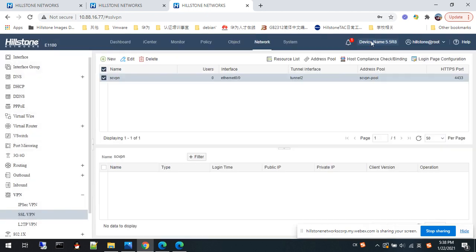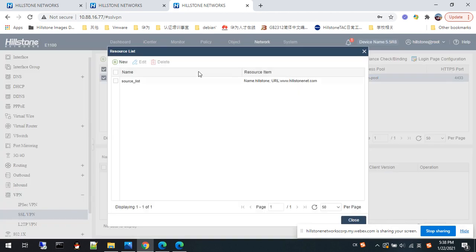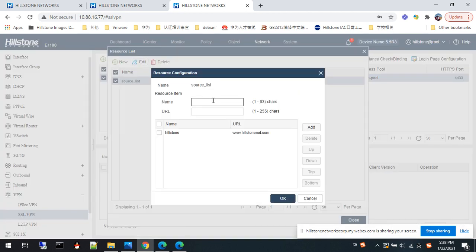And also we can configure the resource list. As I mentioned, you can add those commonly used internal systems into the resource list, okay, by adding the name and also the URL